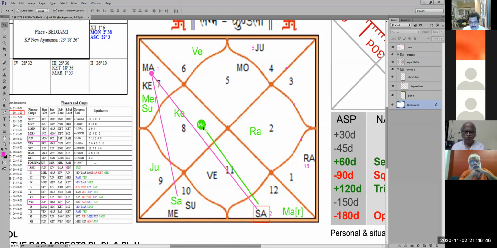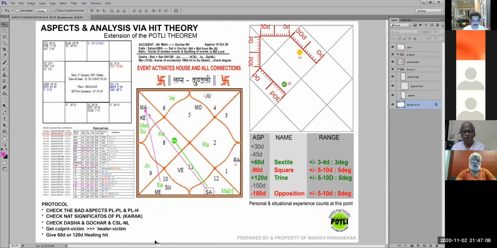And then whatever it is, I'll write it in white. So once you see this analysis, anytime when I give you, you'll understand the nomenclature. The purple lines are the hit lines. The purple dot is the culprit. The green lines are the remedy lines. The green circle is the healer. And the culprit and healer will most probably be the same 99% of the time.